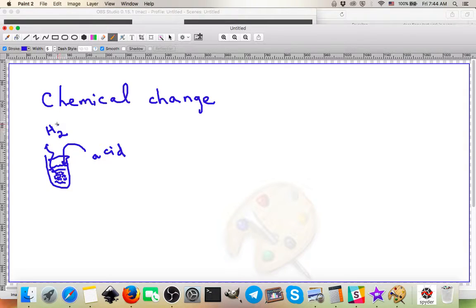Why? Because hydrogen gas was not one of the substances in sand. When you get sand from Santa Monica Beach, there is not a large component of that sand being hydrogen gas. That is not the case. By adding very concentrated acid, you might get hydrogen gas from some chemical change. Some metals in the sand may react with that acid to form hydrogen gas as a new substance. So this would be a chemical change. A new substance forms.